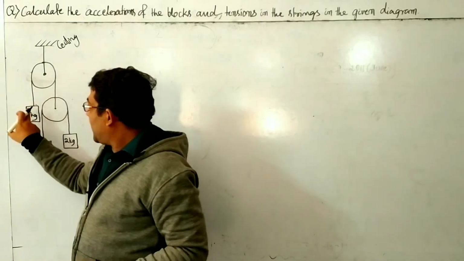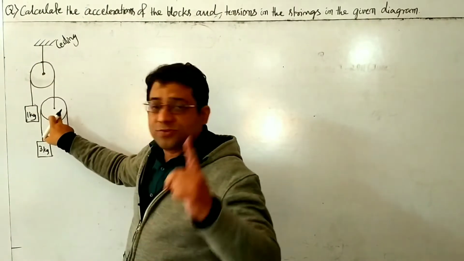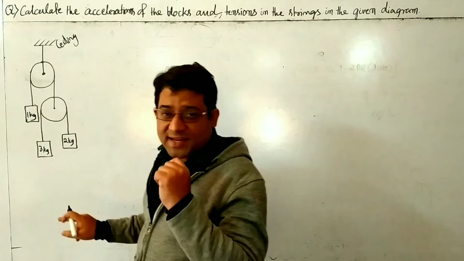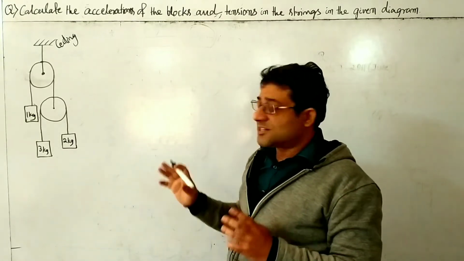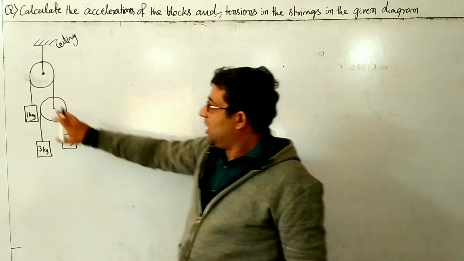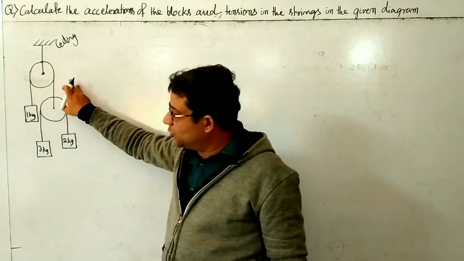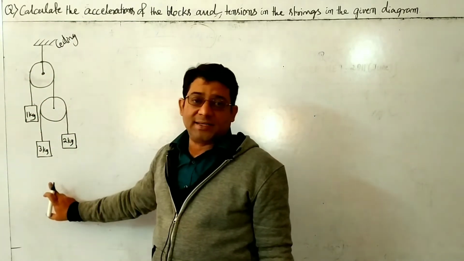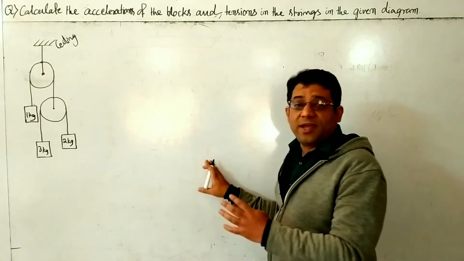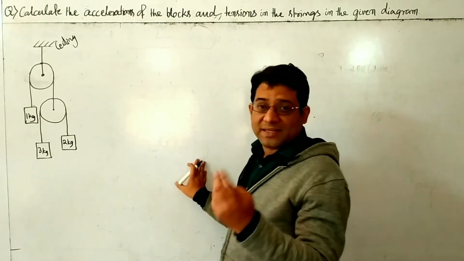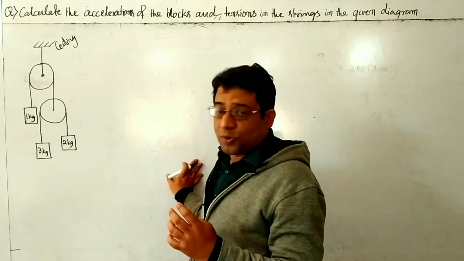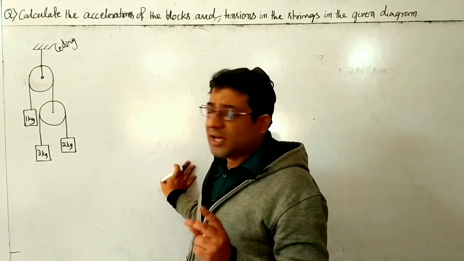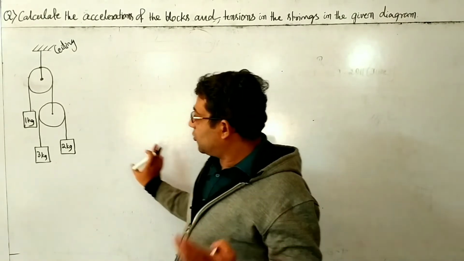Now if again you are saying that from here to here there is one string and from here to here there is another string, now each string has different tensions. If you take T1, T2 and accelerations as A1, A2, A3 like that, a lot of equations will come and we have to solve a lot. We have to do a lot of mathematics to get rid of it. So for that I am telling you a trick. You may call it trick or shortcut or whatever it is.